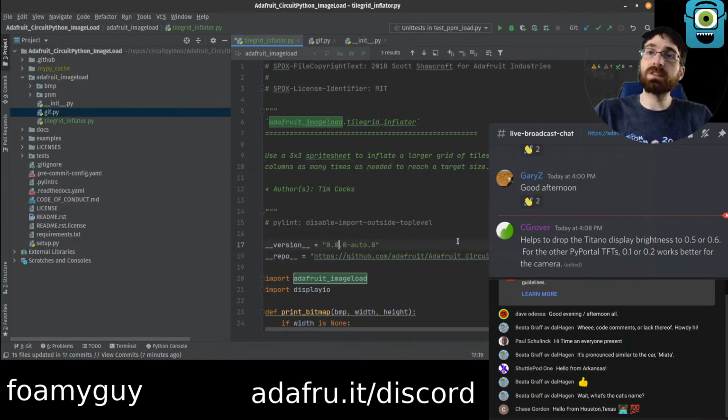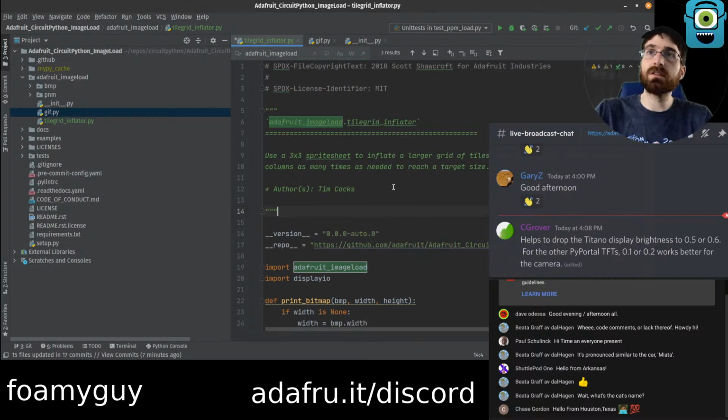Okay, repo is the same, version thing is the same. I don't think we need this, but I'm not sure. We can change this. I wrote it this year. Whoa, I wrote it this year.